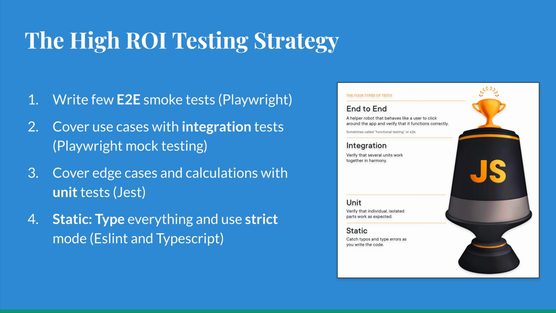So we can cover edge cases and calculations with unit tests, as well as shared code, because the Playwright integration test will be more focusing on the use case logic, whereas if you have some shared UI component or some shared functionality or shared logic, then you want to cover that with a unit test. And when you then use it, the use case you will be using it in will be covered with a Playwright